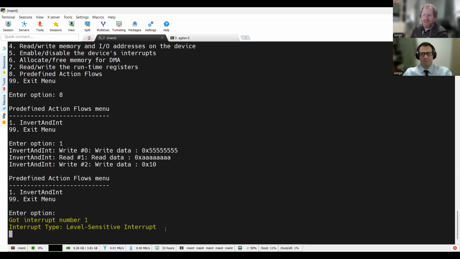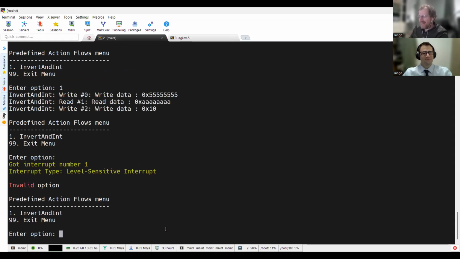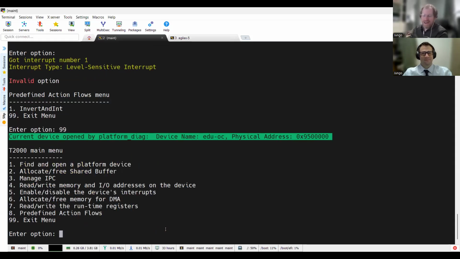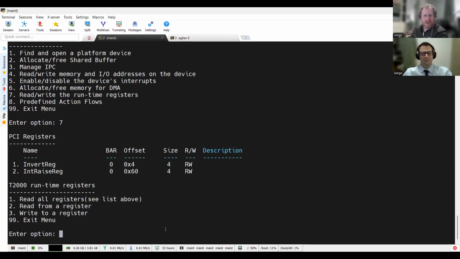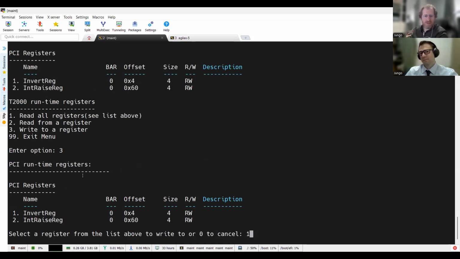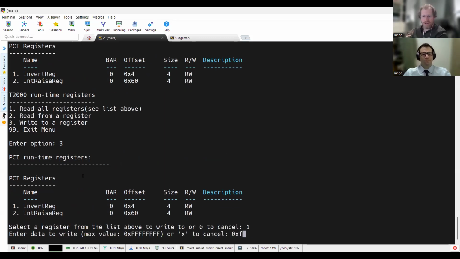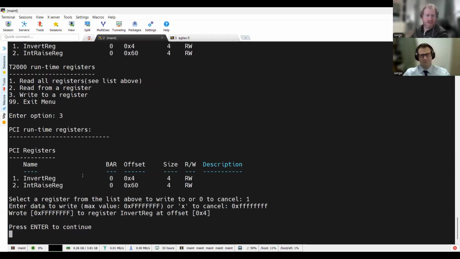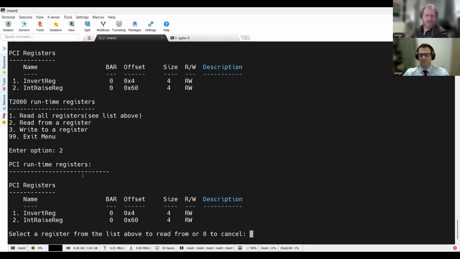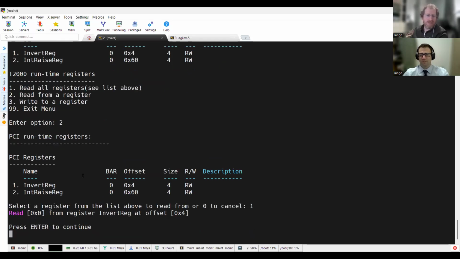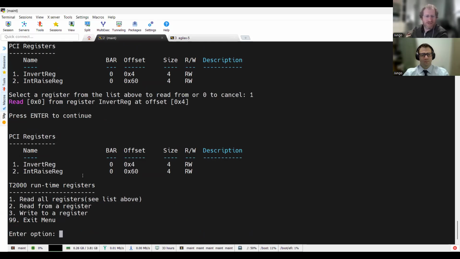Again, all of this was done without my intervention, and I didn't actually write any code here, at least not in this session. If we go to menu 7, we can also look at these registers and play with them. For example, we can read all of them, but let's do a simple inversion again. I want to turn these Fs into a 0, and then I read, and we get a 0 because we wrote Fs.